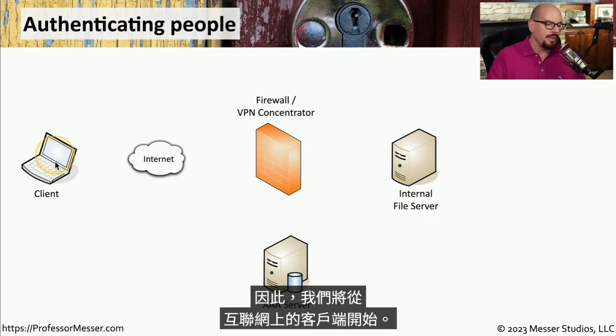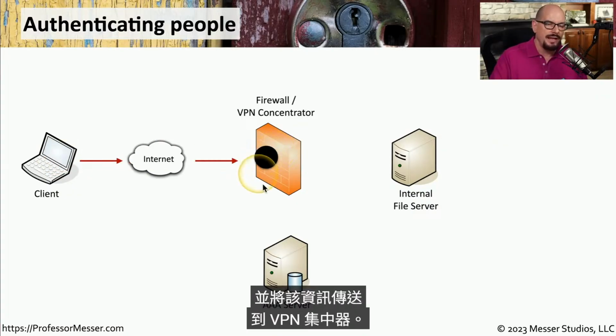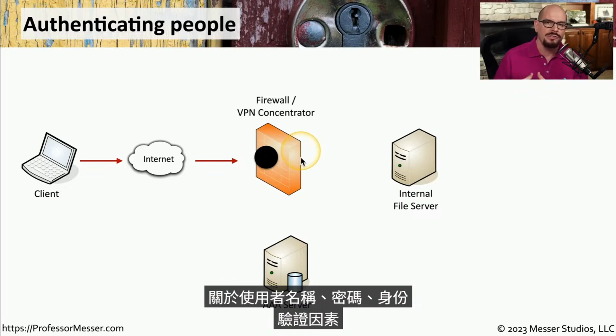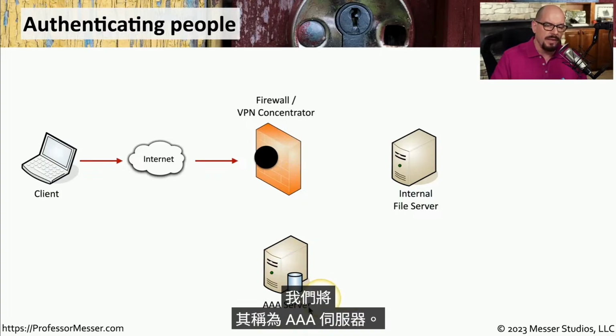So we'll start with our client on the internet, and we'll access the VPN concentrator, which prompts us for a login. So we're going to provide a username and password and send that information over to the VPN concentrator. The concentrator itself doesn't have any information about usernames, passwords, authentication factors, or anything else. And in most organizations, all of that information is stored on a central server,